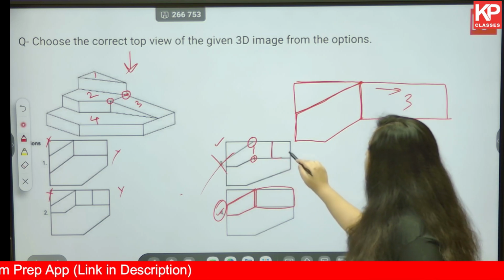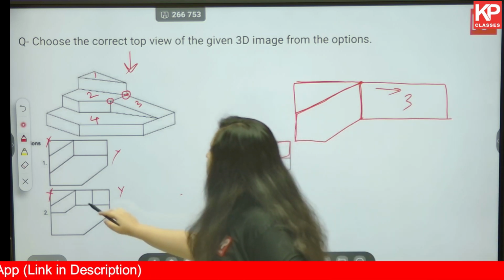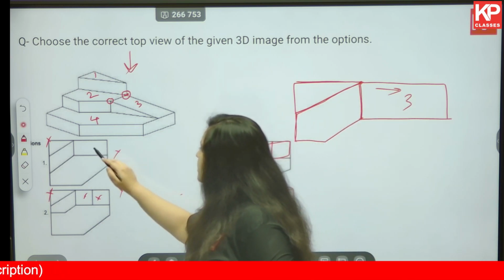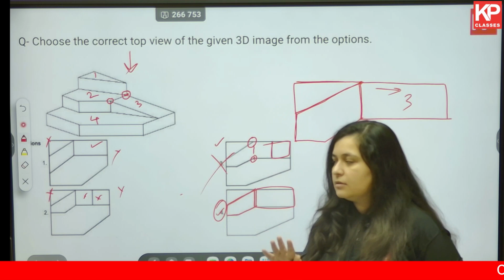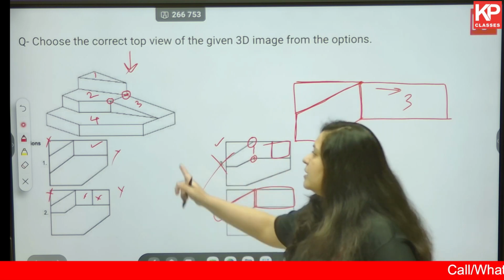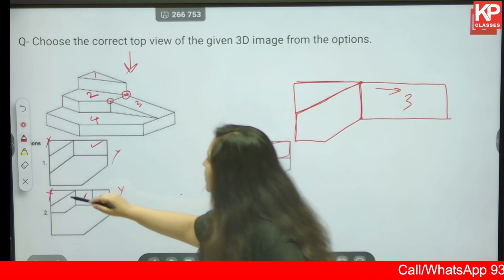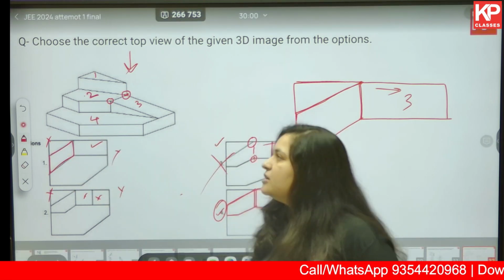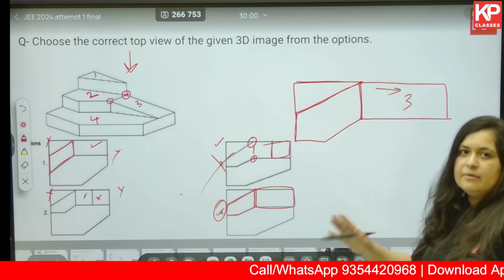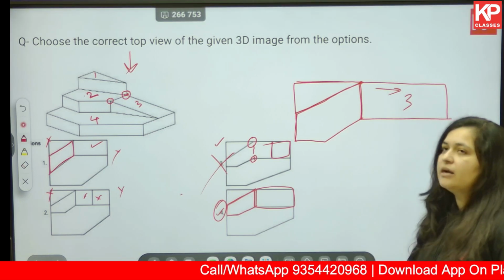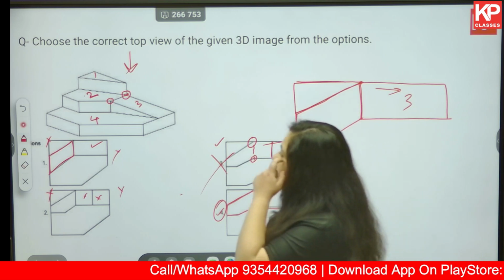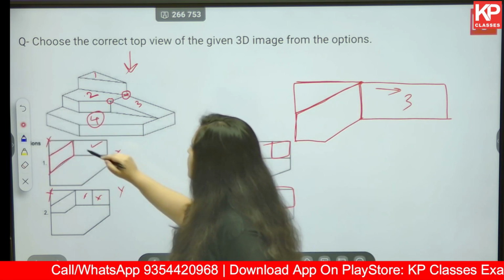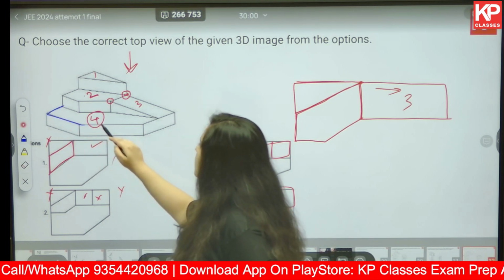Here you have this looking like a square, so this cannot be true. Here you have two quadrilaterals or two squares, even this cannot be true. This is correct for your surface number 3, but let's look at surface number 2. What is happening? You have something like a parallelogram over here, which is not correct in case of surface number 2. So 1, 2, 3 eliminated. Fourth option is the correct one for us. We have double checked it as well. Now just left with 4, so let's check for that as well before moving on to the next question.